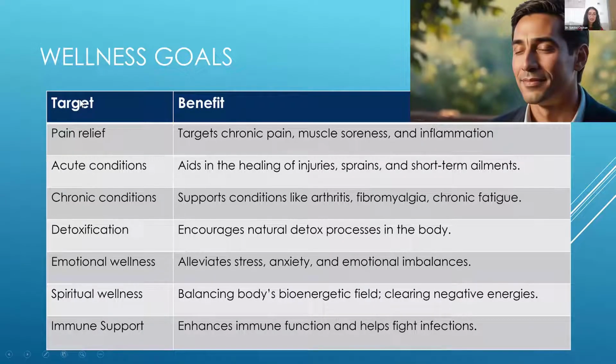Okay, so here again, I've got a table with wellness goals that you might have. So you might be able to categorize your goal into one of these categories, whether it's pain relief, whether that's acute pain or chronic pain, muscle soreness, for example, inflammation-related pain, whether it's acute conditions, like we've said, injuries, sprains, short-term ailments, whether it's a chronic condition, like many of the ones that you have listed in the chat box are chronic conditions,